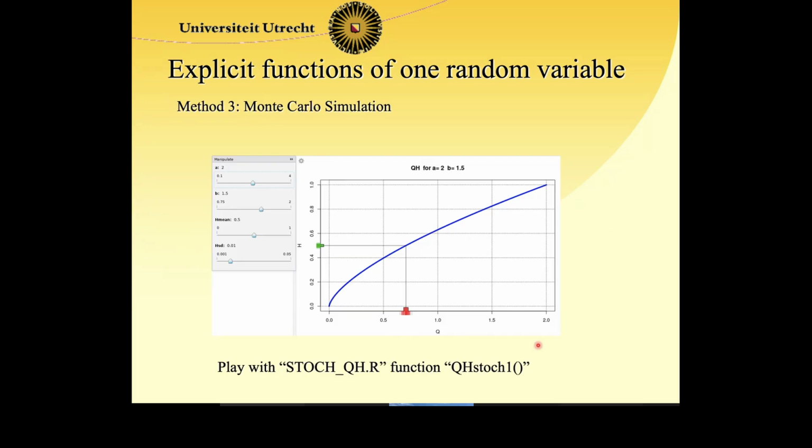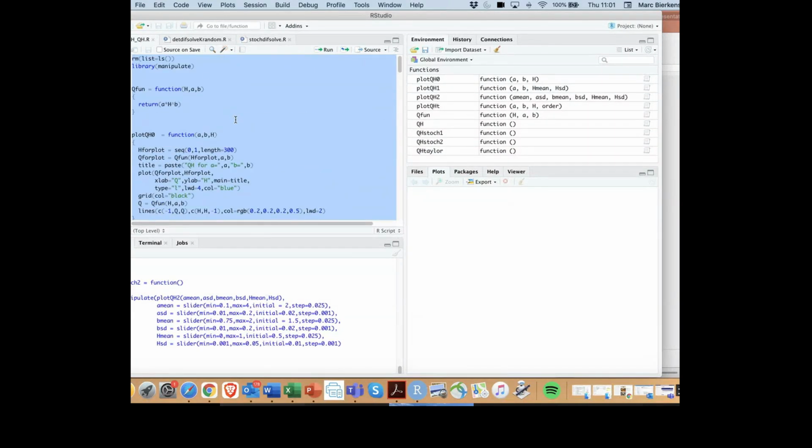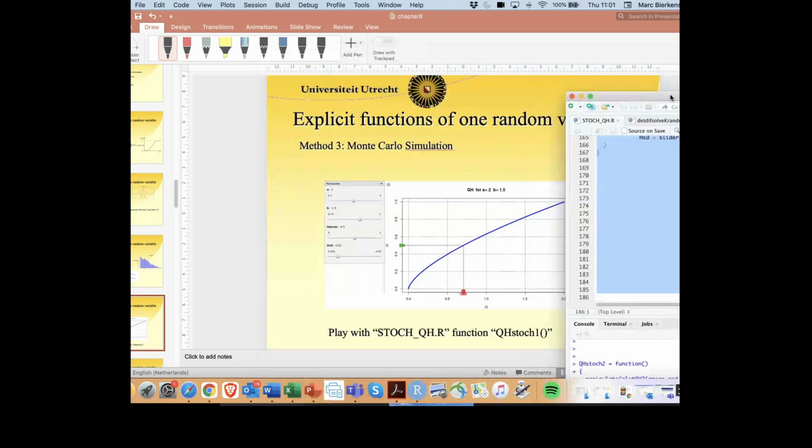Now you can play around with this stochastic, you can play around with this guy here, generating uncertain values of h and getting uncertain values of q, as you can see. So, well, I can actually do that. So here you can see this function. This R script gives you a lot of different functions. So they're not calling the functions here, but are only defining them. So you run it to define the function, and then you can maybe get stoch